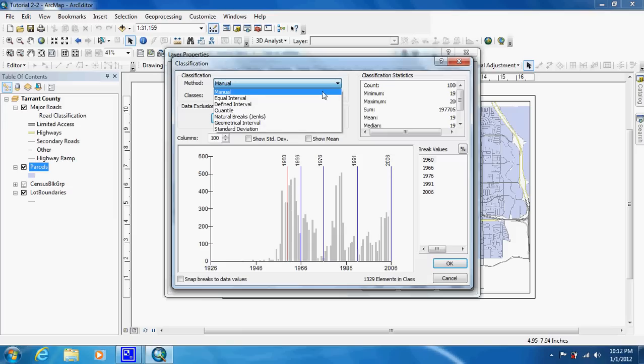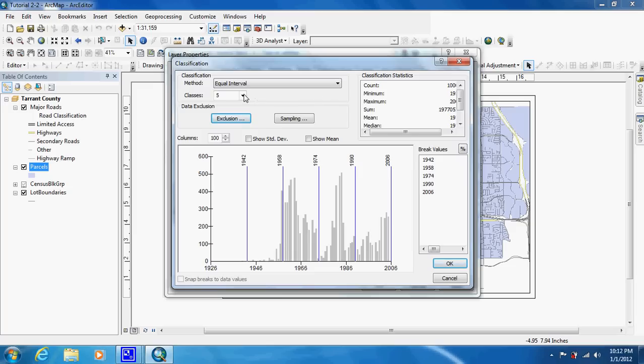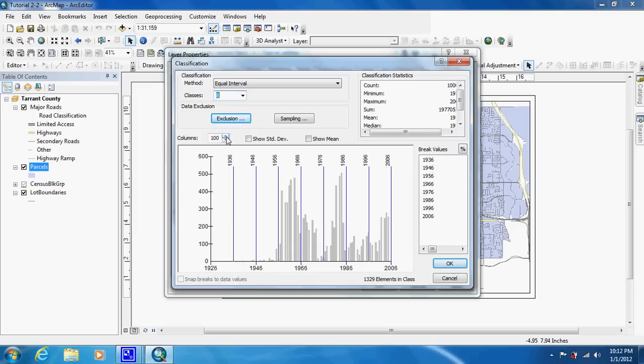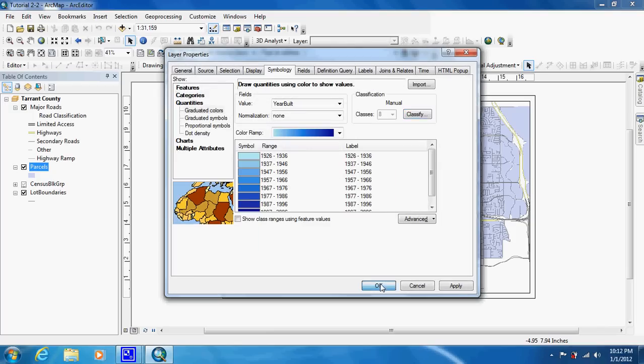So we're going to go up to equal interval, and we're going to change the classes to 8. And now we have 10 years for each bin. And as you can see, it looks like nothing's in there. You have 3 buildings, 15, 123, and then we get up into the larger numbers. Okay, with that done, we're just going to click OK, OK,